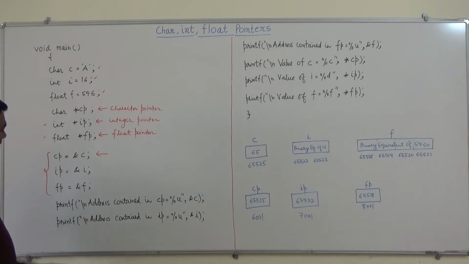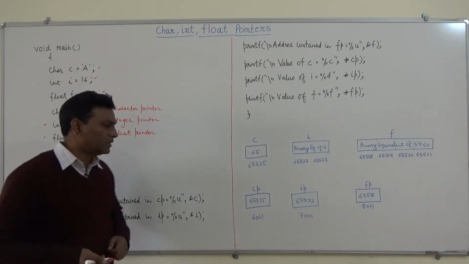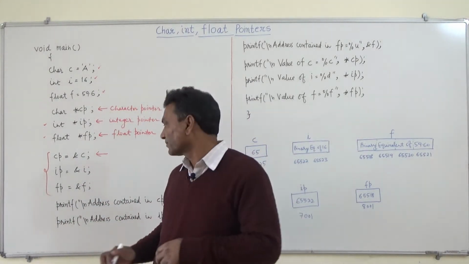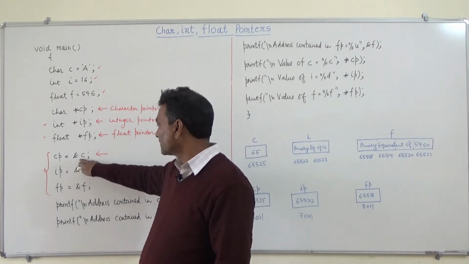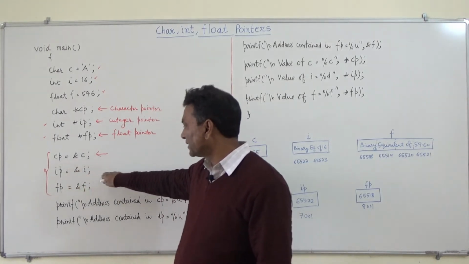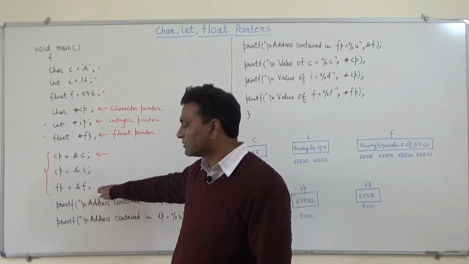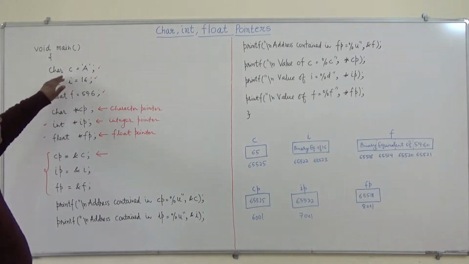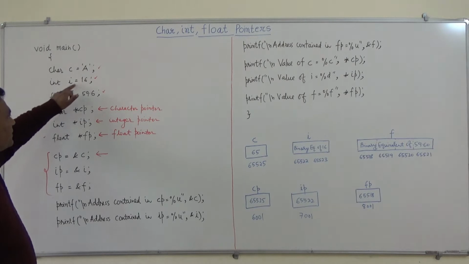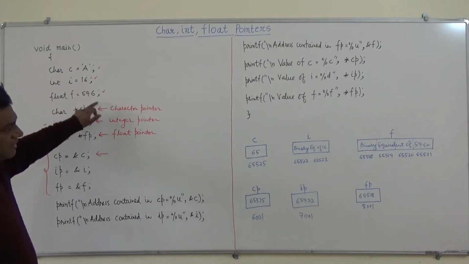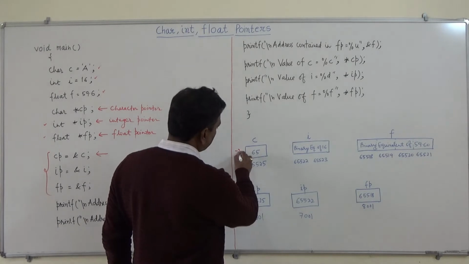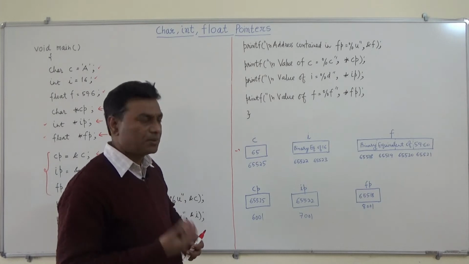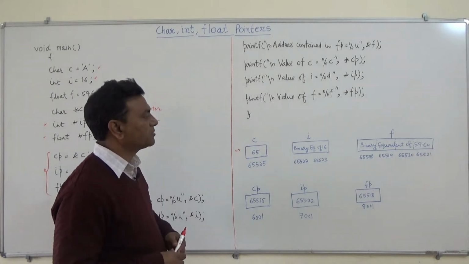So these three pointer variables will hold different addresses. The first will store the address of the character variable, the next will store the address of the integer variable, and then it will store the address of this F. Now we come here, as soon as we assign these three values, like its value is A, its integer value is 16, as soon as we assign some value to a variable, it has some address in the memory that we have already seen in previous examples also.